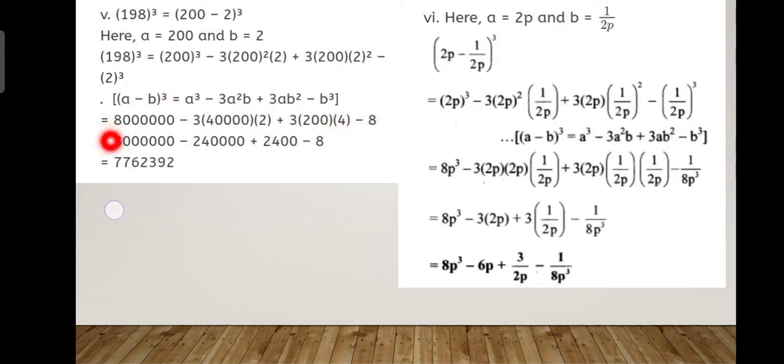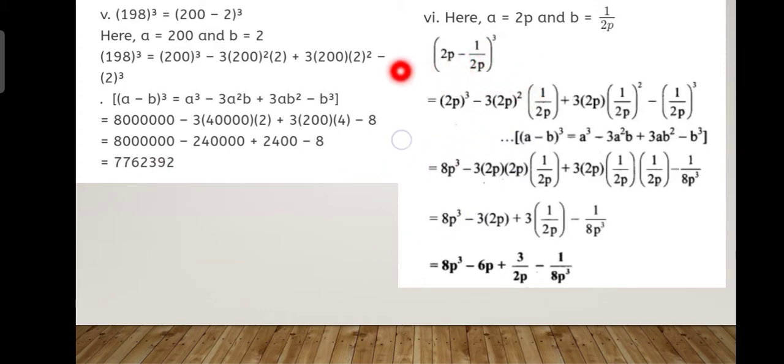Then now we are going to write as it is, minus 3 4s are 12, so 12 into 2 is 24, 24,000 plus 3 2s are 6, 6 4s are 2400 minus 8. So by addition and subtraction we are going to get 776239. Okay, now sixth question,